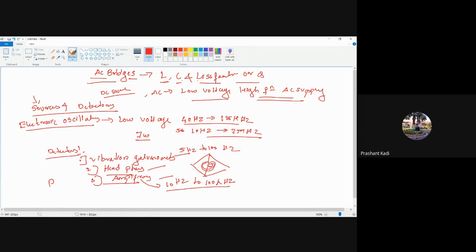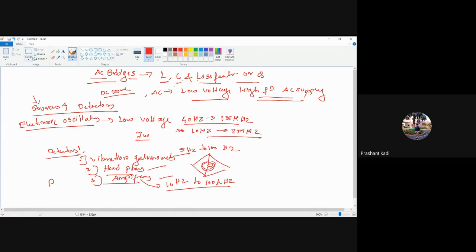Before finding the inductance of any circuit, first we need to understand the general equations for bridge balance. What would be the general equation? In Wheatstone bridge, we got the balance equation R equals P by Q into S. What kind of equations will be there when the bridge is balanced in case of AC bridges? That we will study here. So write the heading, general equations for AC bridge balance.